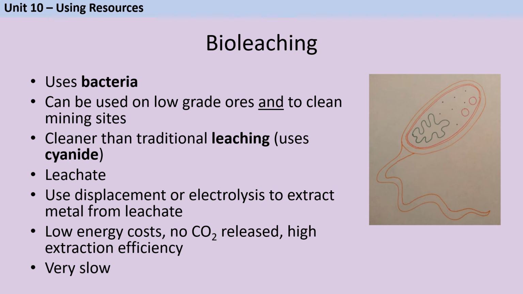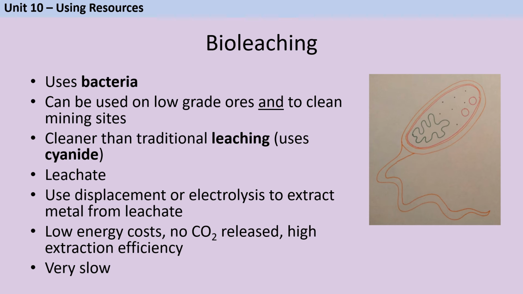So for bioleaching we use bacteria, and those bacteria remove the metal from the soil and they make a liquid called leachate that contains the metal, and it can then be extracted from that using displacement or electrolysis. So this is a good method because it has very low energy costs since the reaction doesn't require heating, it doesn't release any greenhouse gases, and also it has high extraction efficiency, removing about 90% of the metal that's left